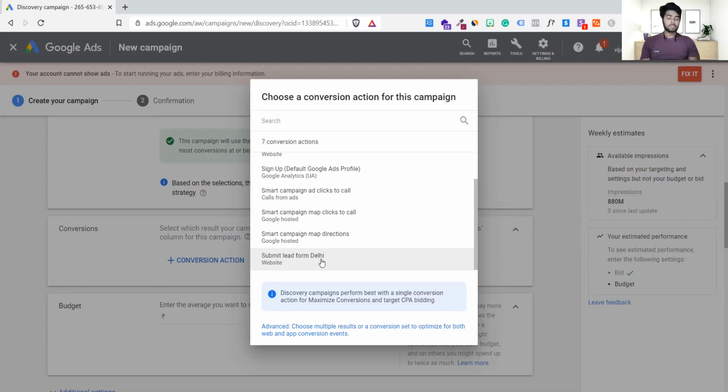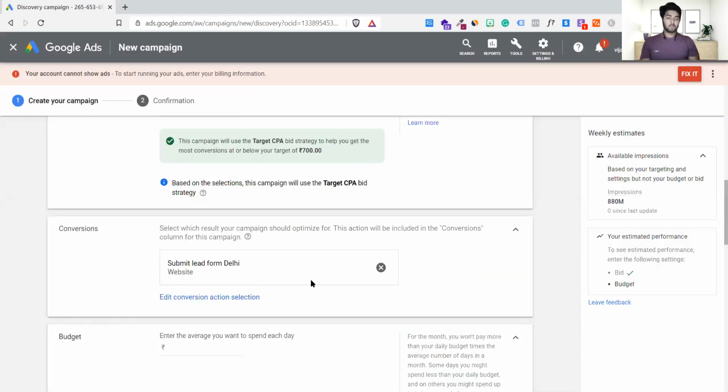That's why I have created this particular conversion yesterday for Delhi people. So I'll get to know that this conversion is meant for Delhi, or probably you cannot add Delhi specifically, because a conversion could be for in general, not just a single state. It can be for all the country or for the whole world. So let me just click on this.